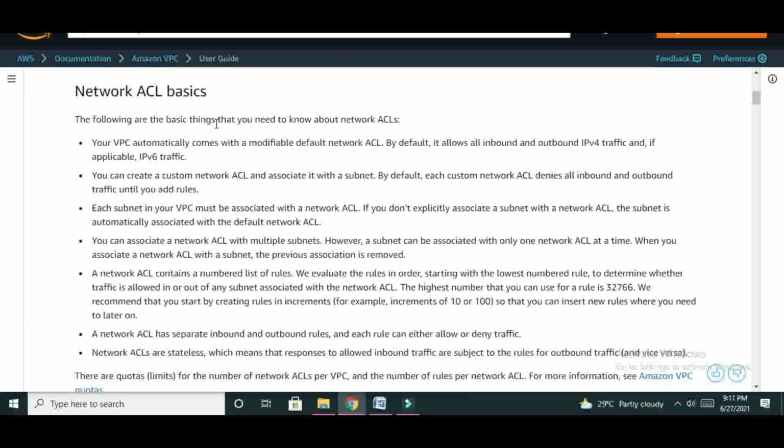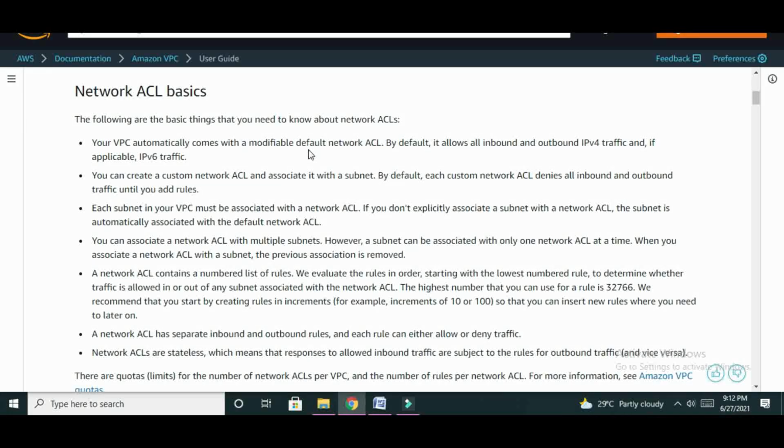NACL, network access control list. So it is used to define the rules through which the cloud user can interact or connect to other endpoints. So your VPC automatically comes with a modifiable default network ACL.